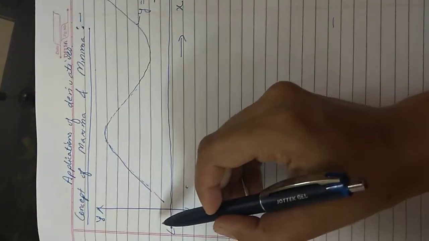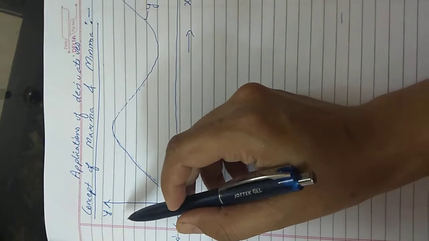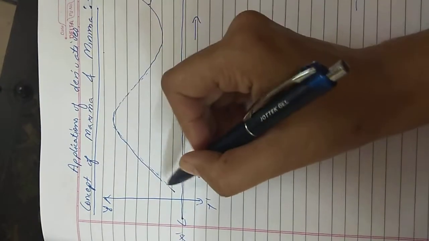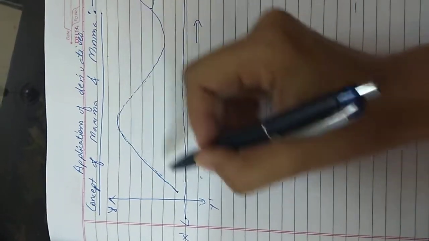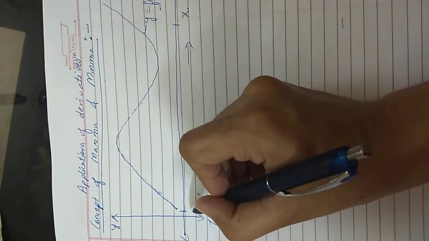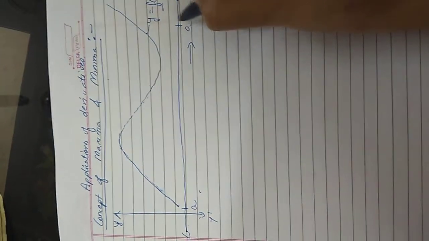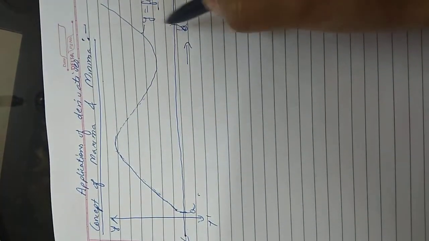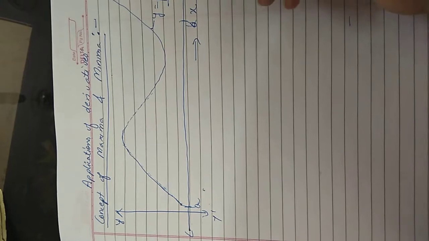So what is happening here? As the value of x is increasing, that means the input of the function is increasing, correspondingly we are getting the value of y, that means the output, and which is giving us the graph of the curve. If I say we have taken the graph between these 2 points, here we have the interval a and b. We are talking about the curve of the function in a particular interval, let it be interval AB, and I have taken the open interval, that means the endpoints are not included.